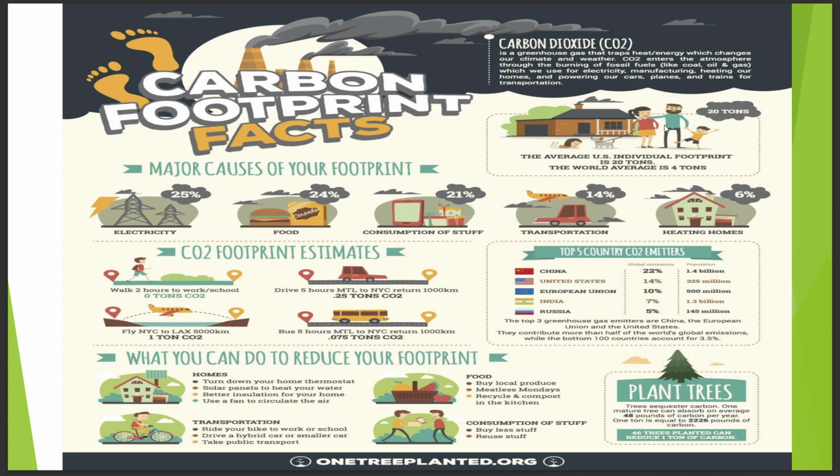So what should we do to reduce the carbon footprint? Turn down your home thermostat, solar panels to heat your water, better insulation for your home, use a fan to circulate the air, ride your bike to work or school, drive a hybrid car or smaller car, take public transport, buy local produce, not the exotic varieties but local produce, meatless Mondays, recycle and compost in the kitchen, buy less stuff, reuse stuff, 3 R's. Okay,